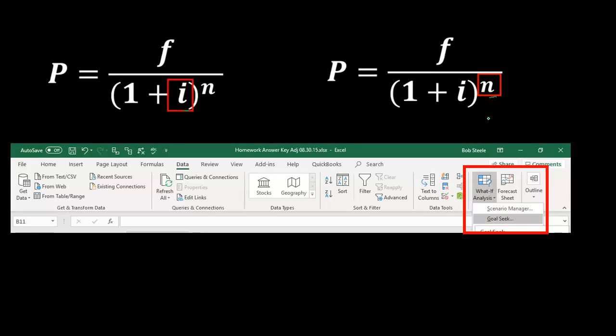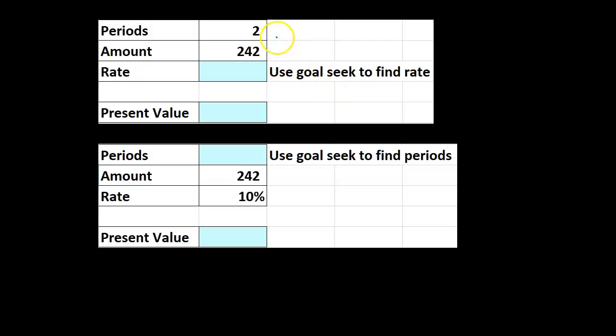So how would that work? Well, if we had this data, let's say we had the periods, we had the amount, and then we don't know the rate. Let's say we know what the present value is, but we don't know what the rate is. So this is the one factor we don't have. We could plug that into the formula and then solve for the missing factor. Or we can basically tell Excel, I'm just going to guess a rate here. I'm going to put whatever the rate is here. And then I'm going to put our formula. This is going to be the PV formula here.